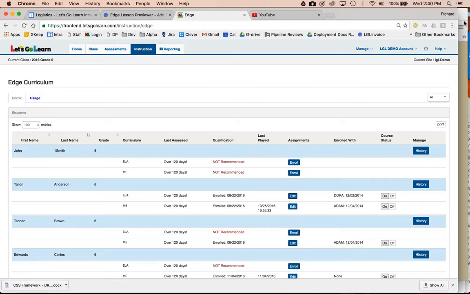Yeah, so there's a couple of things we could do. I guess on one level, you could just re-enroll them. Right now, if you go up to Edge 2.0, you can go there and you could enroll them. But what you would end up having to do is probably uncheck the lessons that they've already done. Okay, so we'd start them over again. Yeah, it would. Although, the only thing I'd say is it's a little different because the new Edge alignment is a little bit more detailed because there's more courses, right? So in some ways,